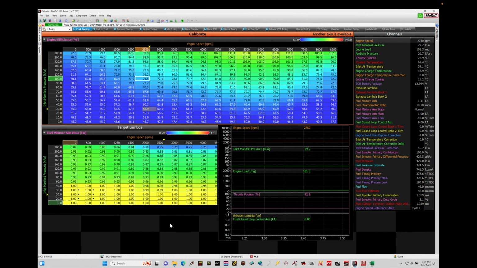Now, if you're going to be working with a sequential transmission that has a gear position sensor, things are set up a little bit differently. We'll have a separate training module on working with that type of gear detection and paddle shifting. I'm working with a GPRP package, which is a paddle shift option package that is going to be specific for doing that paddle operation. And gear detection, again, is set up a little bit differently based on a paddle or